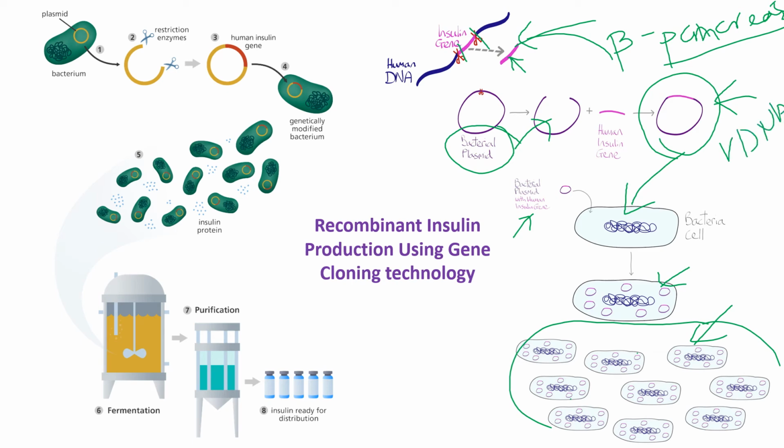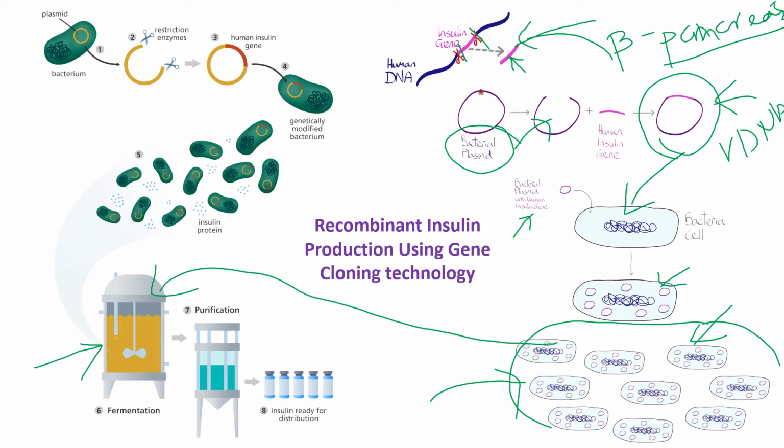Now what we can do, for mass scale production, we will grow this bacteria in a bioreactor system or fermenter system, where thousands of liters of bacterial media is there in which you grow the bacteria. And once your fermentation is completed, you get a large number of bacterial colonies, every one having the ability to produce the rDNA molecule containing insulin.